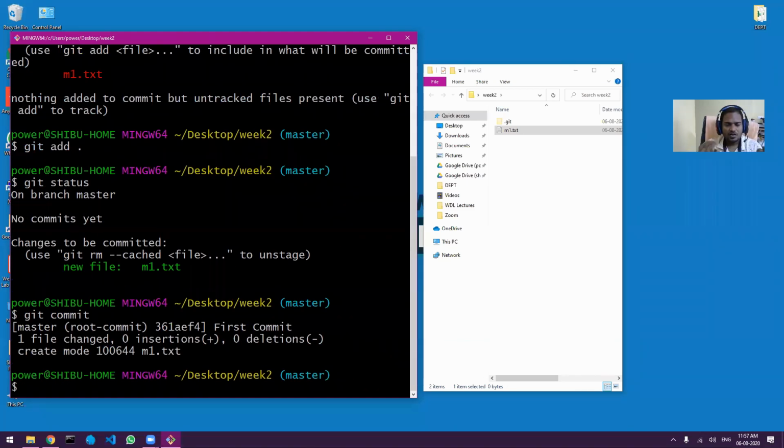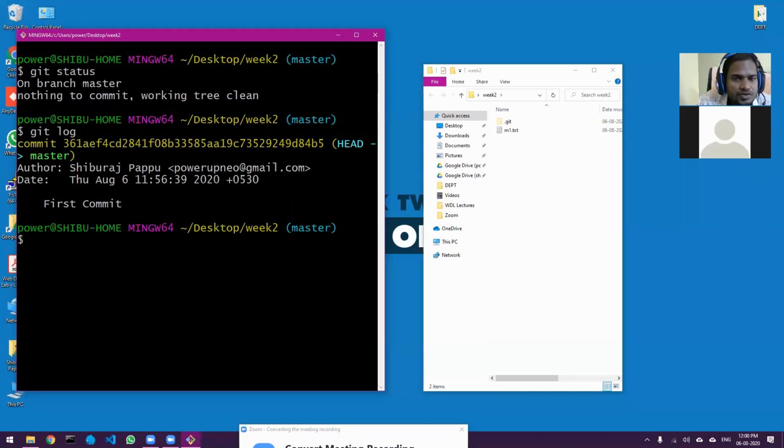Now instead of doing so many things, that's why I prefer to use git commit -m, so that I don't have to press so many buttons just to put some messages, right? So that's why when I taught you the first time, we used git commit -m. Okay, let's get back. We have done our first commit.